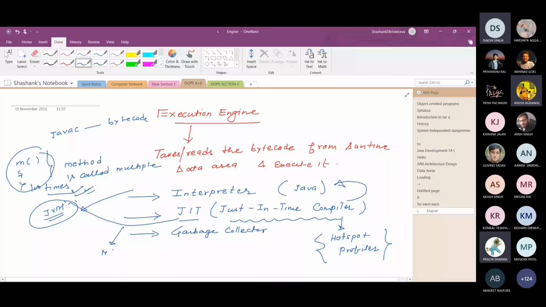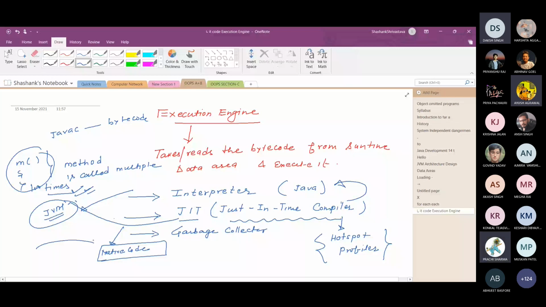So this conversion is required only one time, and when the method is called, the corresponding native method is called. Interpretation is not required every time, meaning 100 interpretations are not required.